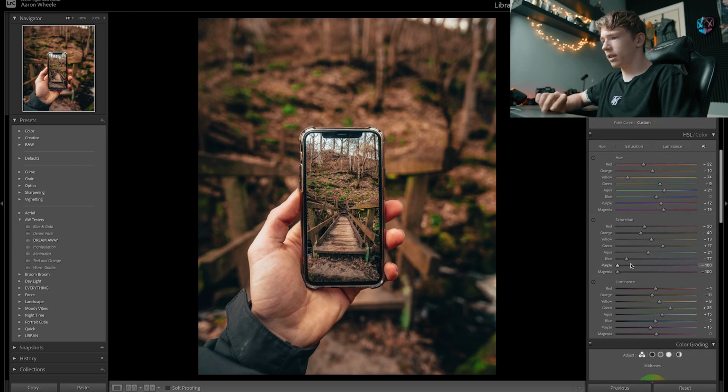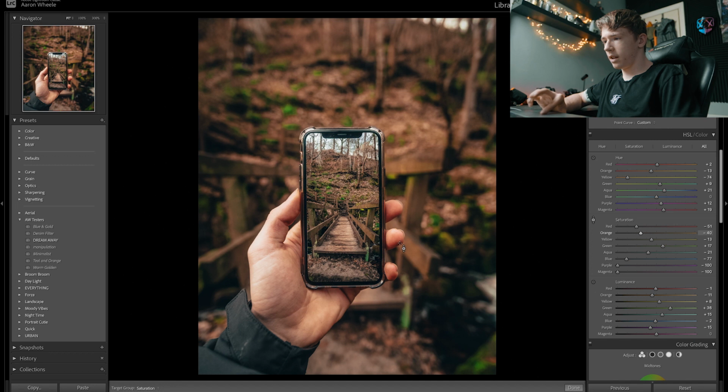Right, let me work on my hand. So if you click this little option here, you can click on any part of the hand and change it. I don't want my hand that colour, I don't want my hand that colour, I want it about there, I'd say. And then for the saturation we'll do it. I don't want my hand all the way like that, and I don't want it like that, so just balance it out a bit to about